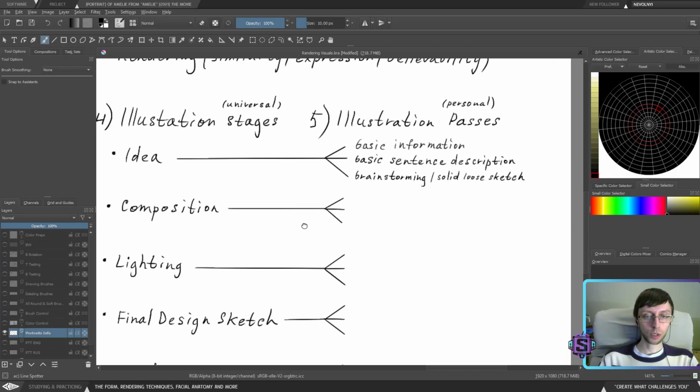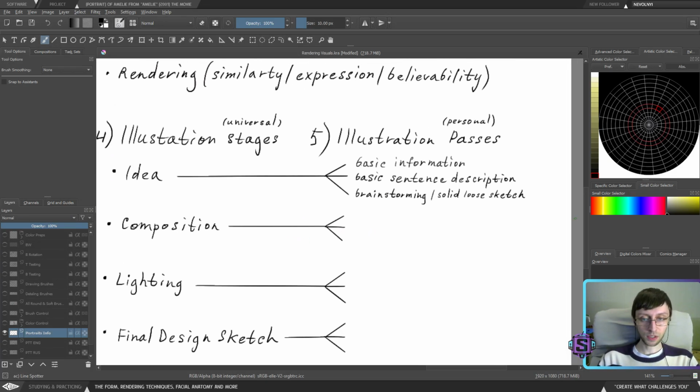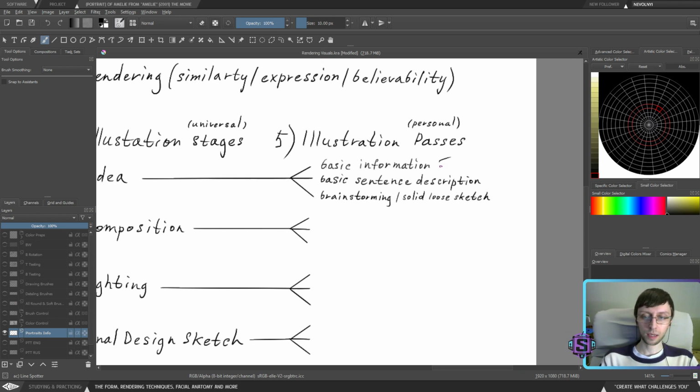Yeah, this is when it comes down to the idea. So again, this is the pass. This is the final result, the final pass that will indicate where exactly I need to go in the next stage. So this is what I talked about, passes. Each stage is going to have a different amount of passes. Right here we have 3 passes. You could go with multiple passes. There are going to be different sub passes. I actually have 3 more in here that basically help me understand how to work with the basic information much more efficiently, how to work with the good sentence description, and etc.